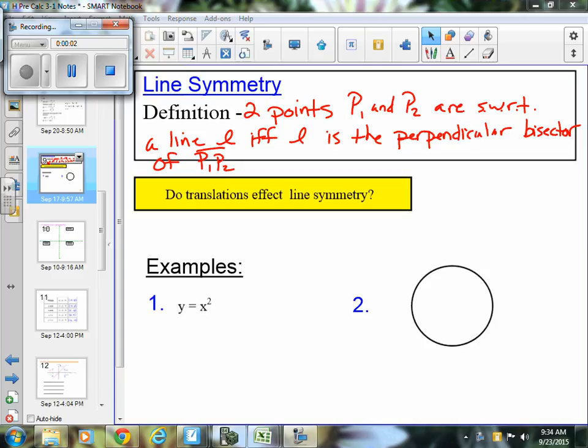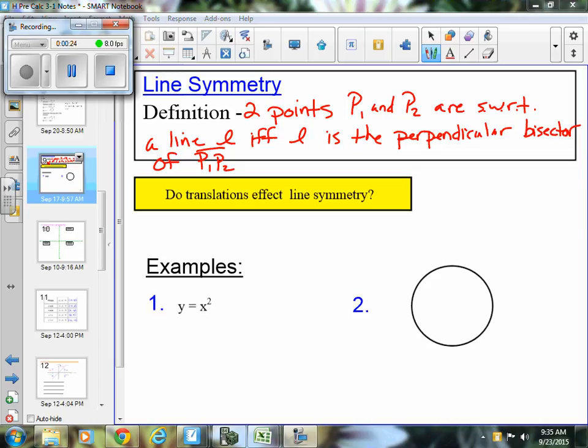Okay, everybody, here's day 2 for 3-1, and 3-1 is all about line symmetry, this part 2. So we're going to talk about the definition first. We'll go through some graphs, and then we'll make sure that we get some good examples for points and for equations. All right, so for line symmetry, the definition is 2 points, P1 and P2, that are SWRT, that means